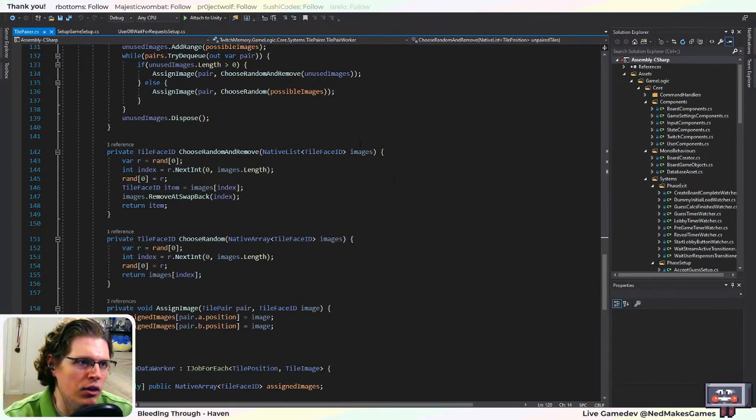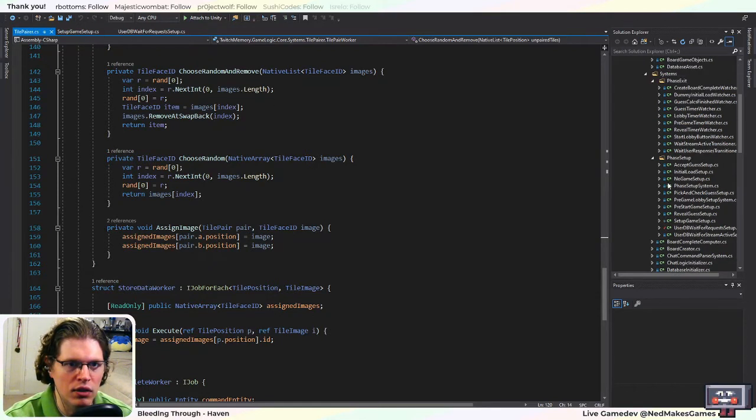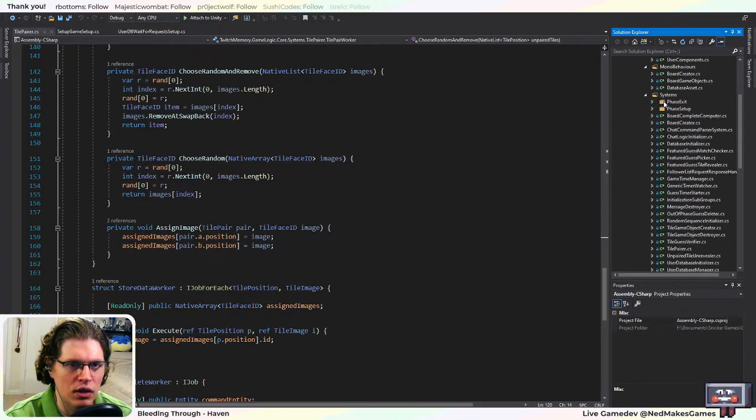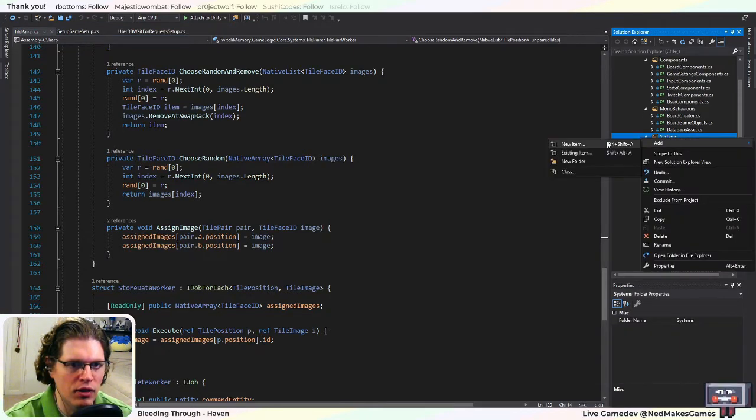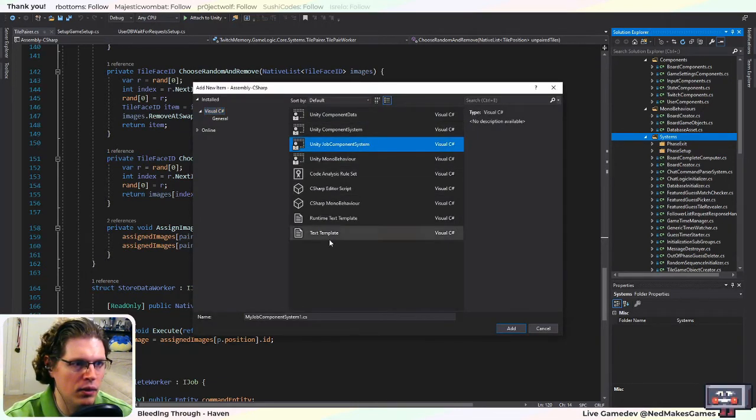And then we also need to figure out, so we have to know how many images we need. And then basically we'd pick what images we want and then assign them to tiles, and then from there we can know which images we need to download. So, okay. So we have the tile pairer, and then I guess I'll create the tile image assigner. Okay, this can be a job